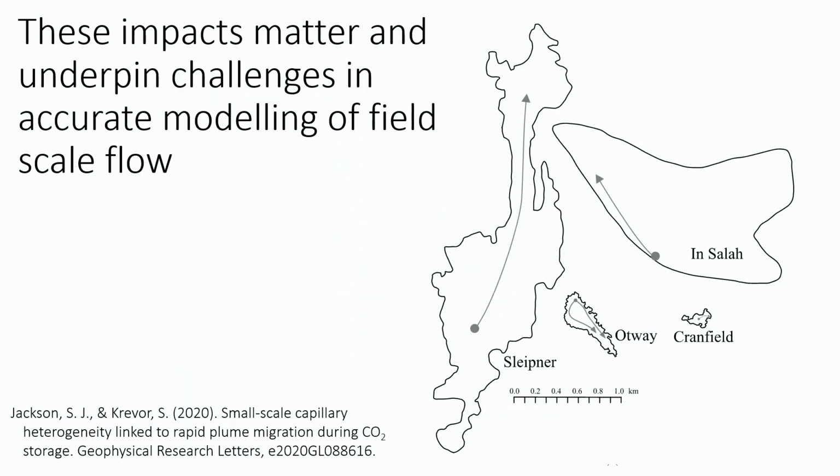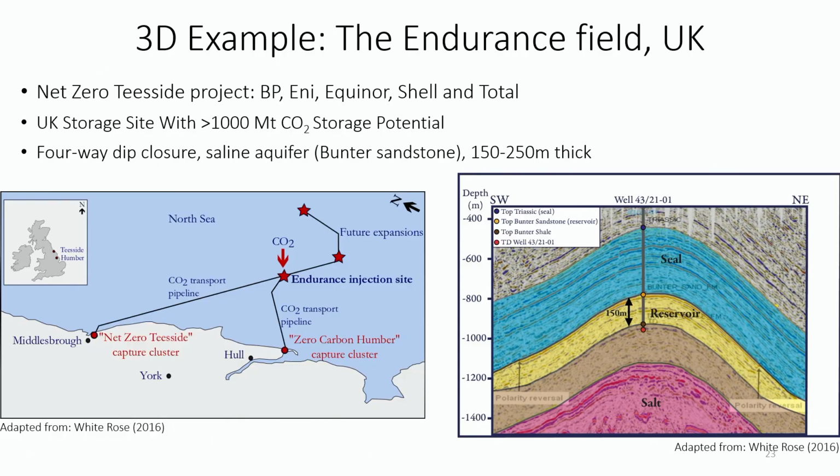So these impacts possibly underpin some of the challenges with field-scale modeling of carbon dioxide. At every single site where carbon dioxide has been injected deep underground, the carbon dioxide has migrated much more quickly and in directions that were unexpected, very difficult to model, very difficult to forecast, and very difficult to history match after the fact. So we've spent a lot of time developing techniques for upscaling the impacts of very fine-scale flow